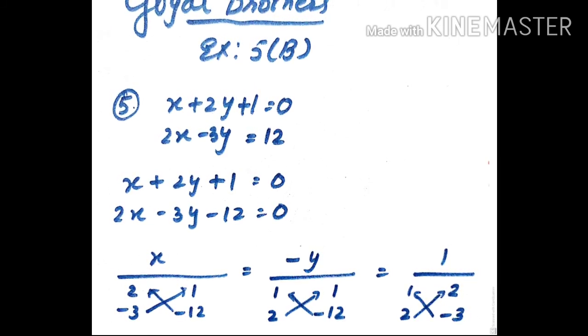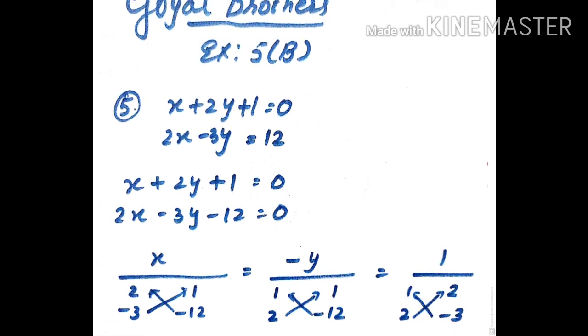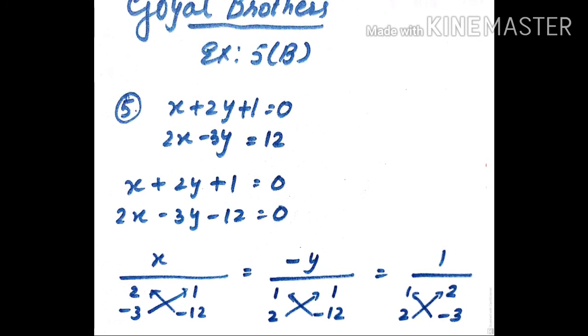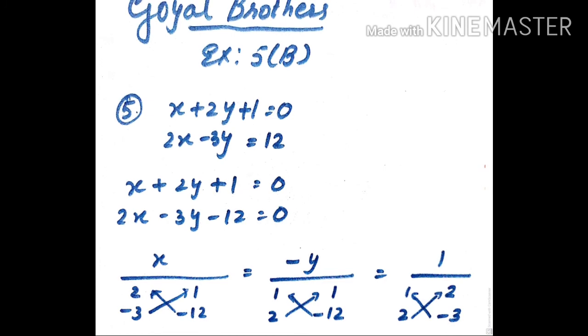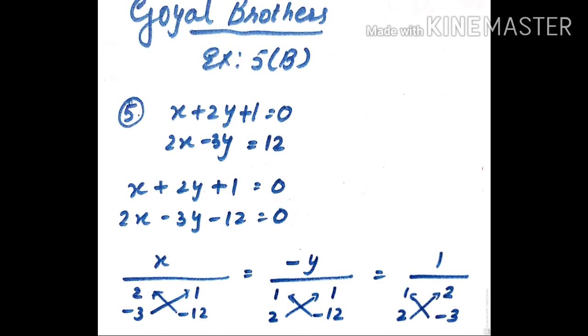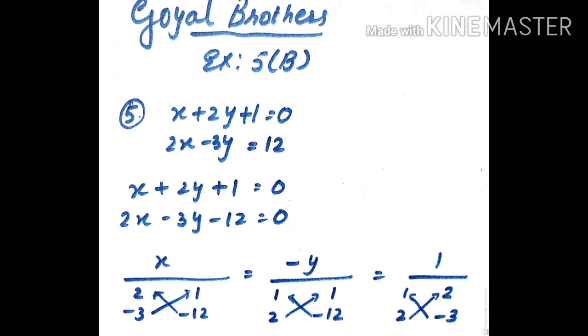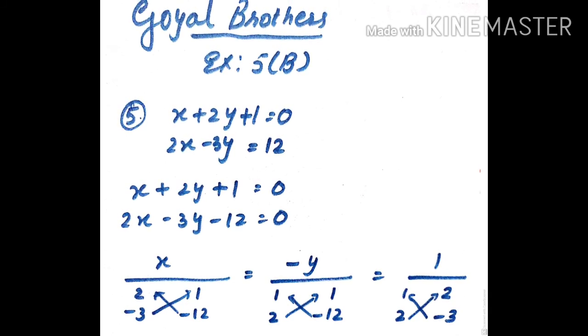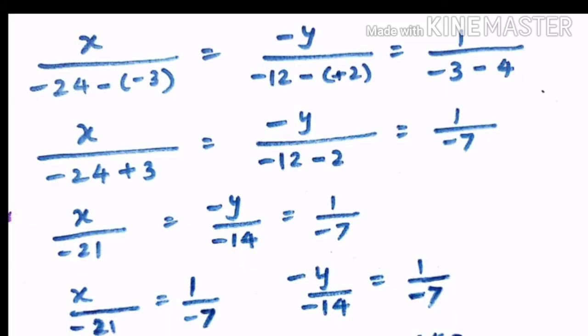In the y column below, also minus 12 ones are, and then 2 ones are, minus 3 ones are under the 1, and 2 twos are, like that only. And between all these multiplications you have to put a minus sign, you have to remember it. Now let us see how we have to write x, then minus 24 minus minus 3 is equal to,